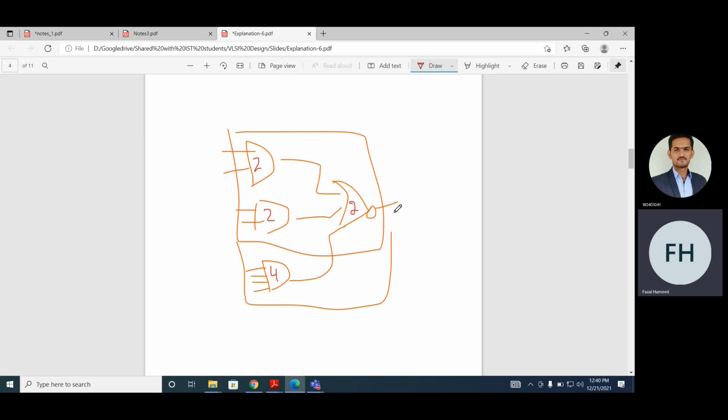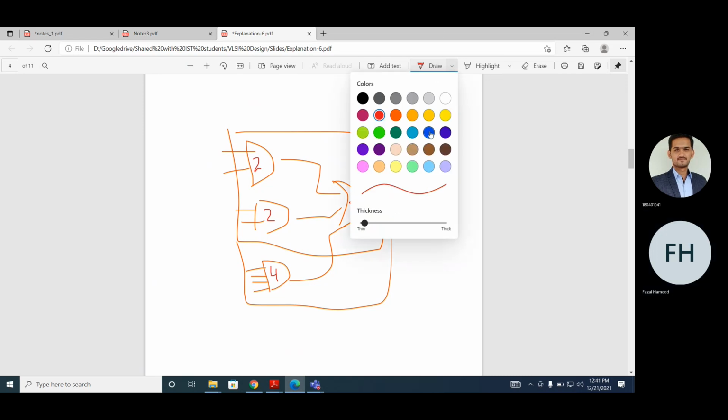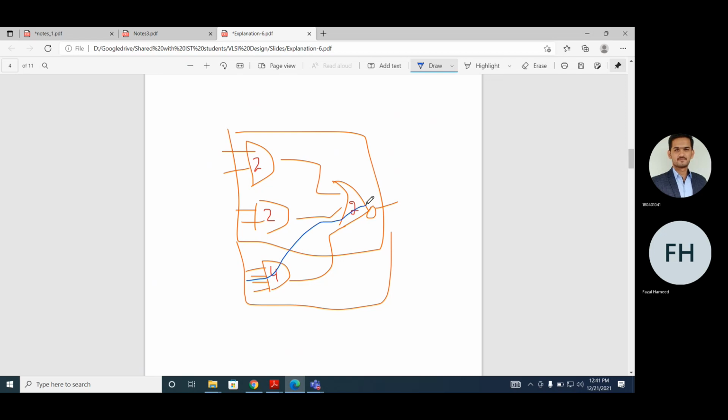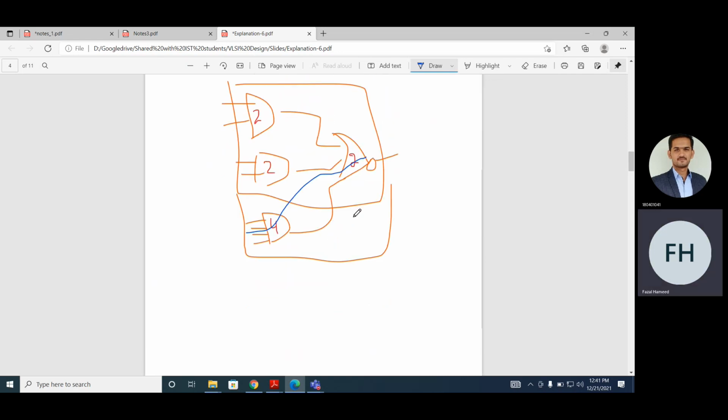So the total delay is 6 units, because this is the worst path, and the worst path is typically specified by this. But this delay only consists of the transistor delay or the gate level delay. It does not consider the delay of the routing.